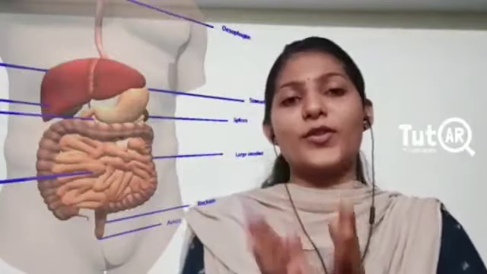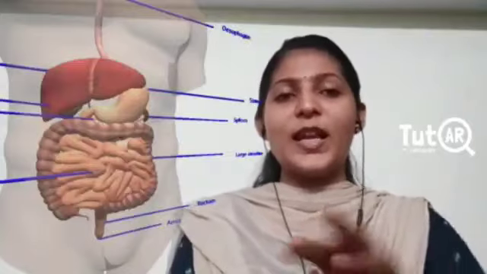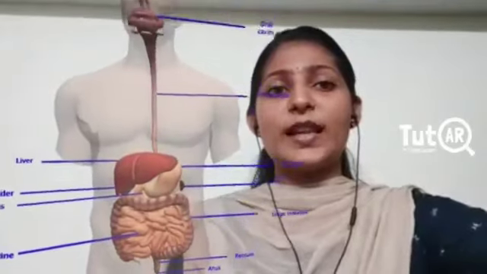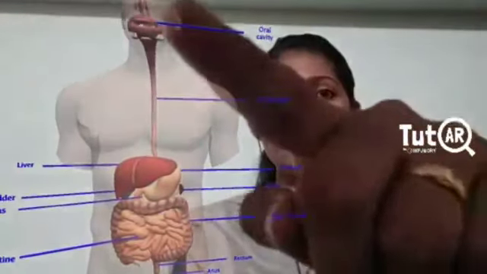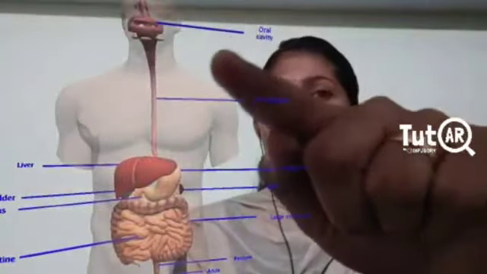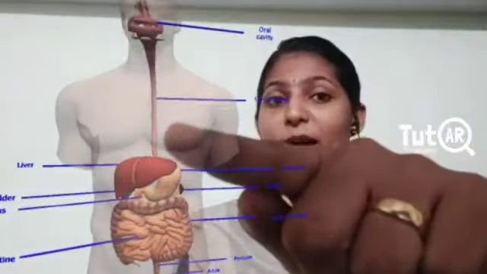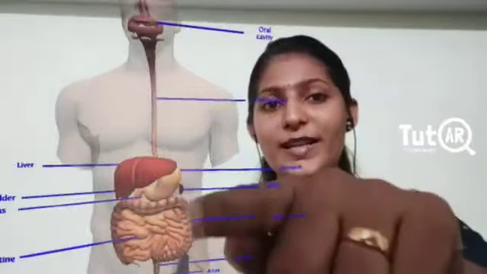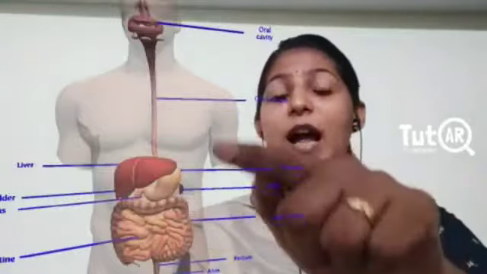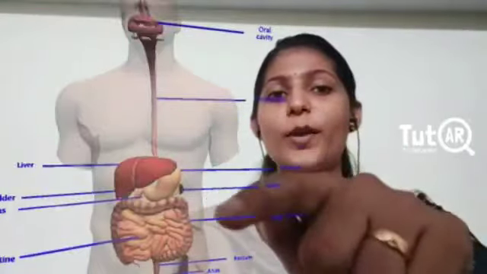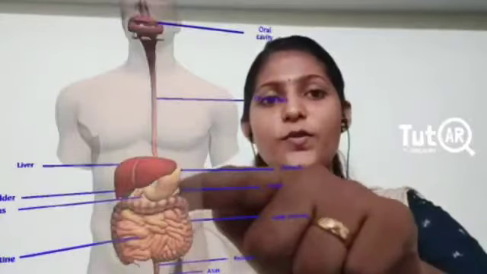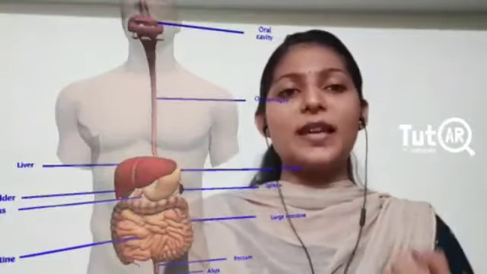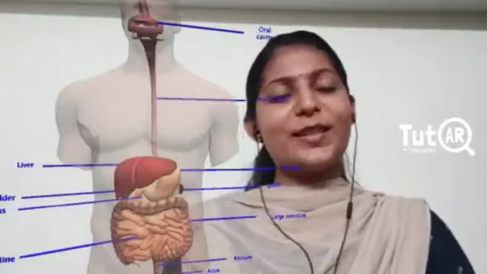So, this is the whole process of digestion that happens in your body. Now, again, let's recall the parts of the digestive system. We started with the mouth. The mouth is the start of the alimentary canal and it goes on to the esophagus or the food pipe. From the food pipe, it enters the stomach. From the stomach, it goes into the small intestine, and from the small intestine, the unabsorbed or waste food products move into the large intestine, which moves around and comes down to the anus, and it is released as fecal matter. So, this is the digestive system in a short view.